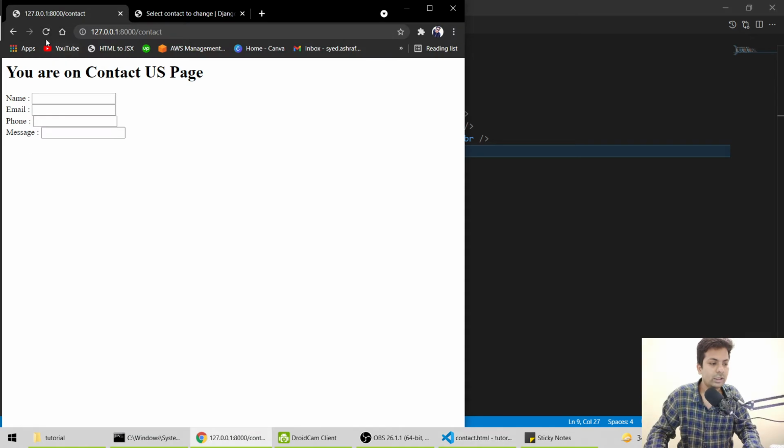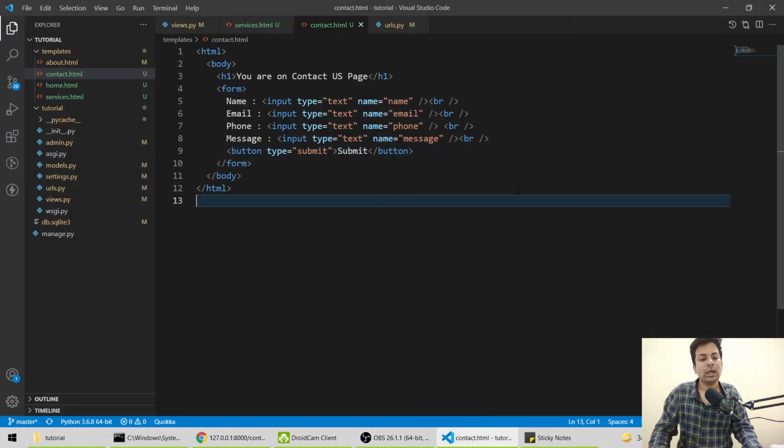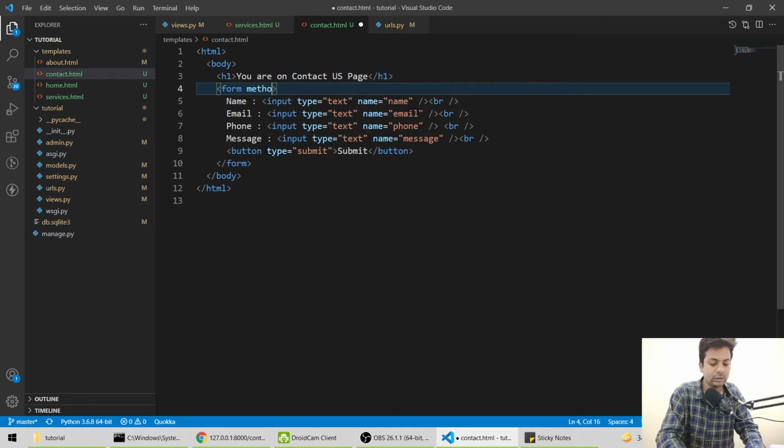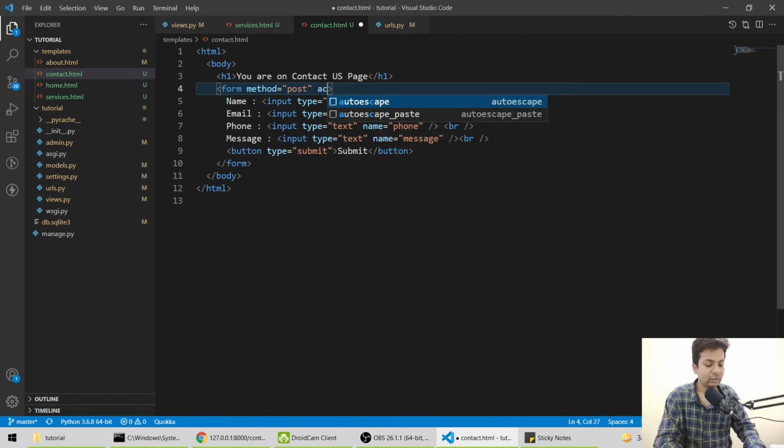And if we go here, everything is done. Now what else do we need? Now we want to save this data. So the method equals post. You know we have a method post. Post means sending the data, and here we'll say where.